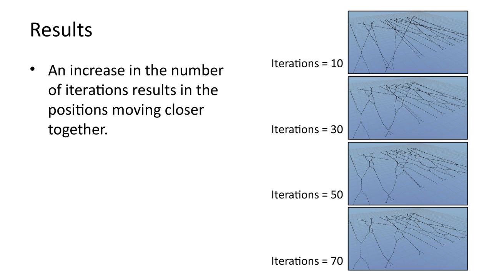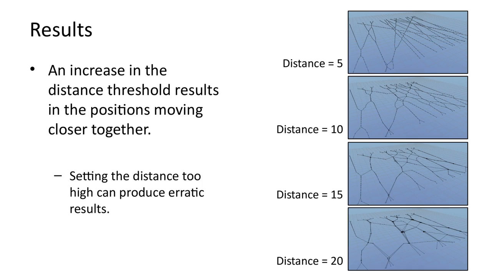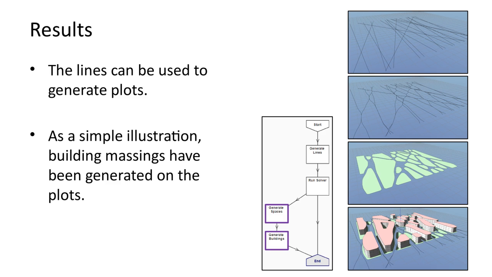Here we can see some of the results from executing the solver for varying numbers of iterations. As the number of iterations increases, we can see the positions moving closer together. Another way of modifying the output is to increase the threshold distance. A third modification could be to adjust the damping factor. As a simple illustration, a set of plots and building massings have been generated from the paths